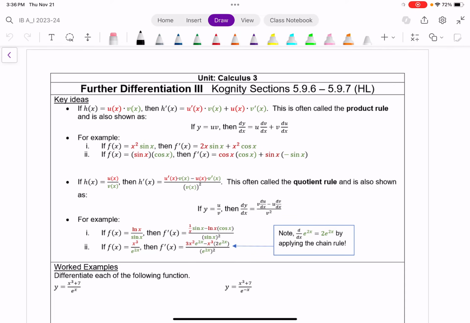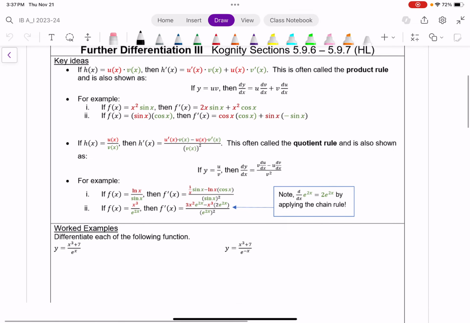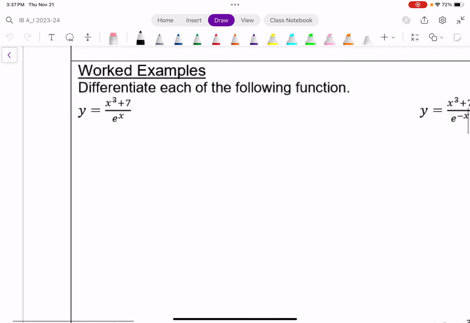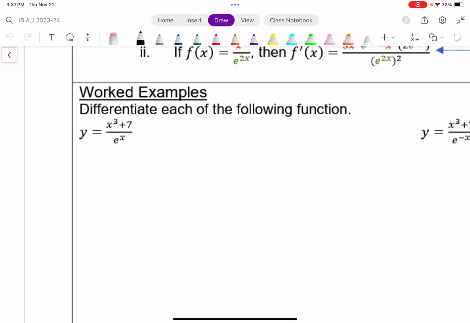All right, so continuing our look into how to differentiate more complex functions. Focus of this is what we call the product rule and the quotient rule. Basically, how you differentiate when you have a quotient of functions, as we see here, or a product. And so if I have one function being divided by the other, like I have my numerator and my denominator,